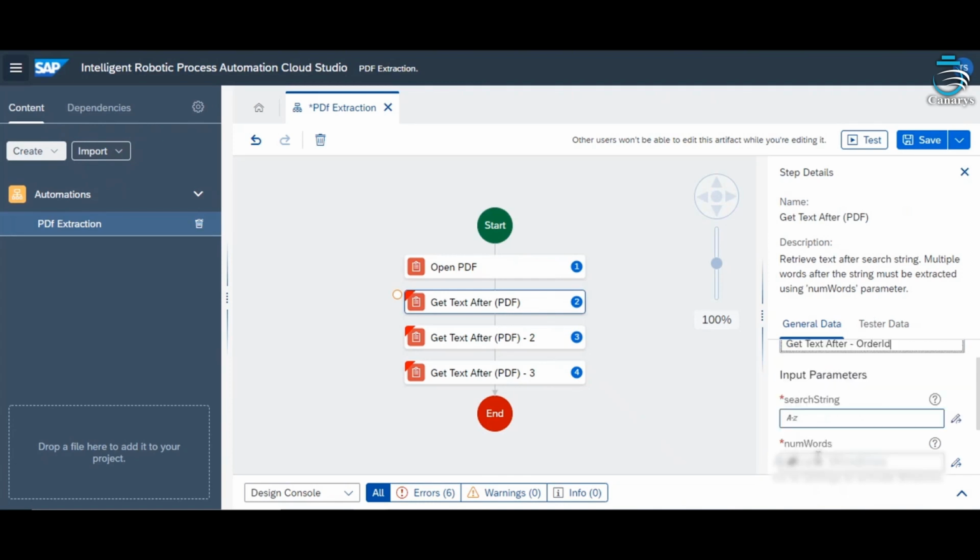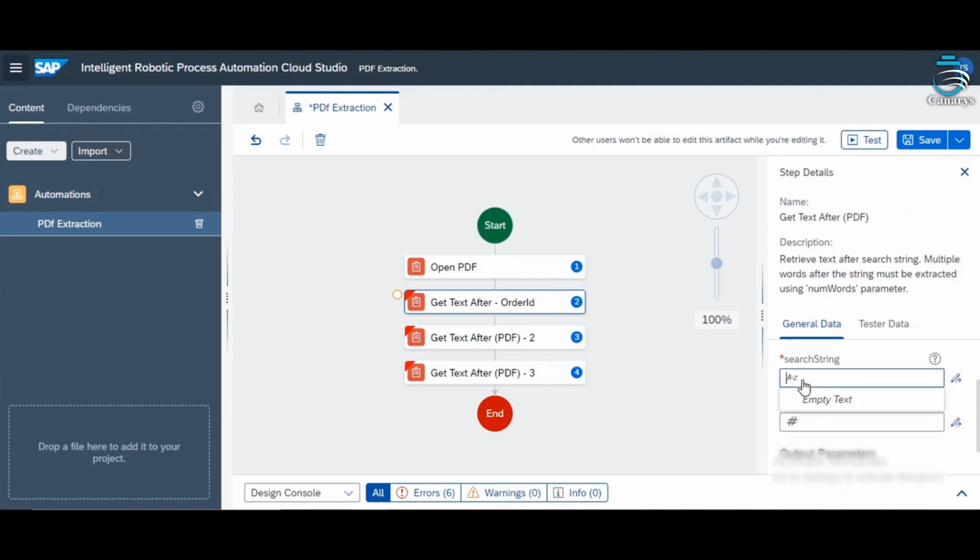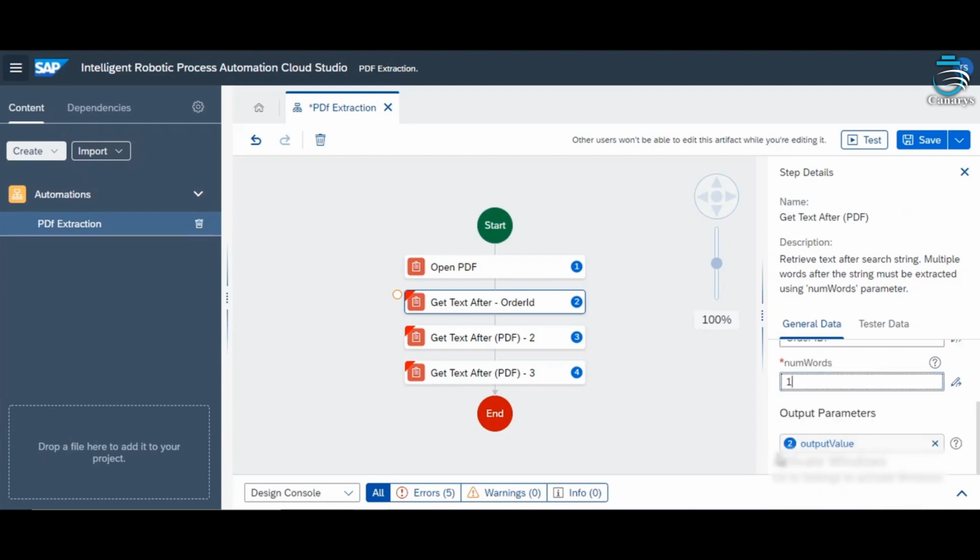Based on the search string input parameter which is present in the PDF, it will search the next string. So order ID is my search string, and after this I need one string to be fetched. So the output of this input will be saved in this parameter. So like this.